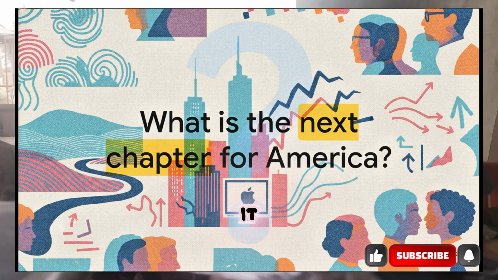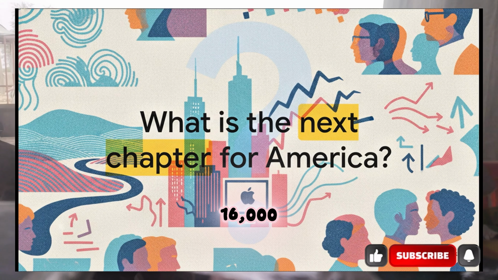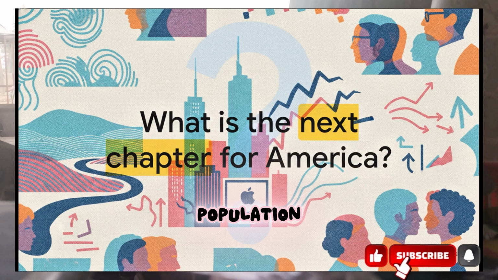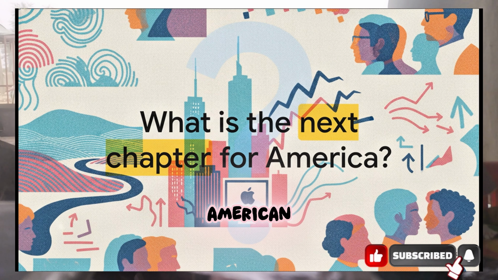So there you have it. We've traced this incredible journey from a vast, empty land 16,000 years ago right up to the modern home of Starbucks, Apple computers, and a diverse population of 300 million people. This American mosaic is constantly evolving, shaped by its immigrants, its deep divisions, and its endless pursuit of equality. So considering everything we've unpacked today, what do you think the next chapter of the American story will look like?